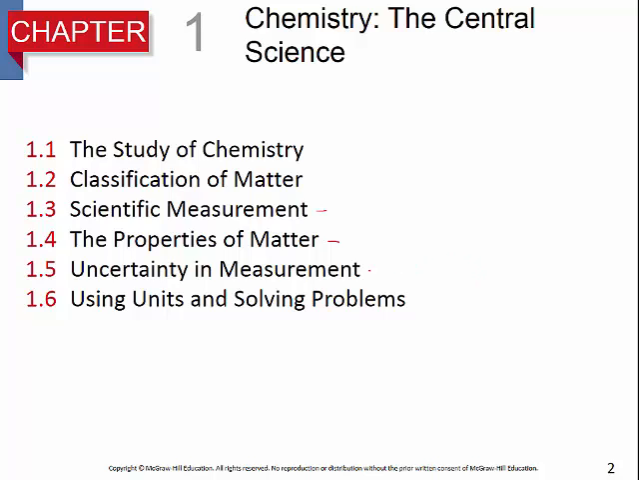Uncertainty in measurement. This is significant figures, and where do we round when we are doing some sort of quantitative problem? And using units and solving problems. This is mostly going to be unit conversions and how do we solve a problem that involves units. A huge part of general chemistry is the units. If you have a good grasp of the units, then most of the math problems will come fairly easily to you, which is why it's so important to focus on unit conversions if you are not already very good at